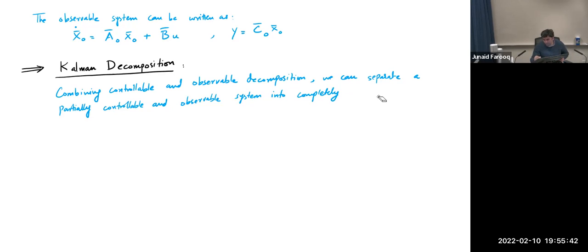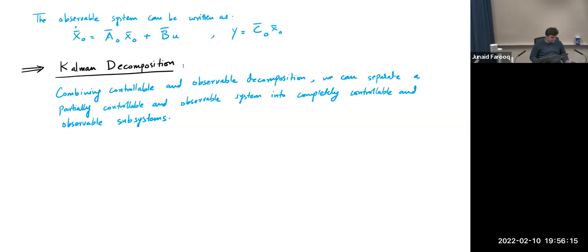So it's a completely controllable, completely observable. So we can extract a subcomponent or a subsystem from the original system, which is both completely controllable and completely observable. I'm not going to do a proof here, and it's rather not very productive to do it, but